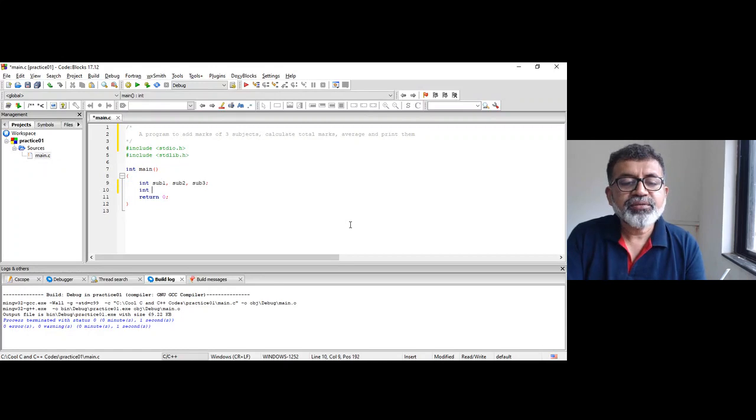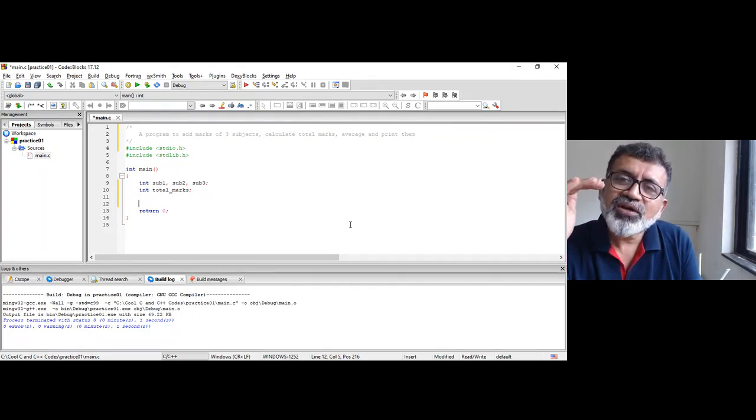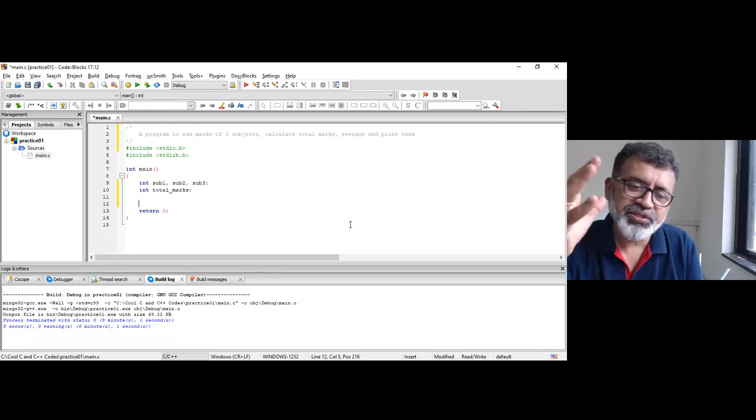You can write total as total underscore marks or just total or whatever. And this is the first part of that C program structure. What we call is the type declaration, right?